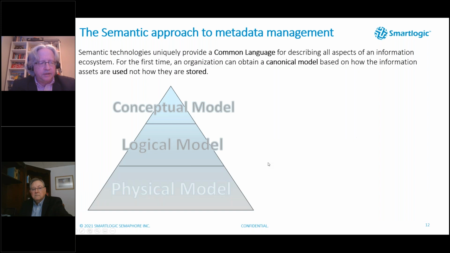Firstly, semantics provides a common language for describing all artifacts within an information ecosystem, from column definitions in the table through applications, department structures, responsibilities, compliance regimes, and all the way up to and including the business glossary. The conventional view of data governance is to split this into three models: the physical, logical, and conceptual. But using a common language removes any artificial distinction between these assets and provides you with a unified view of